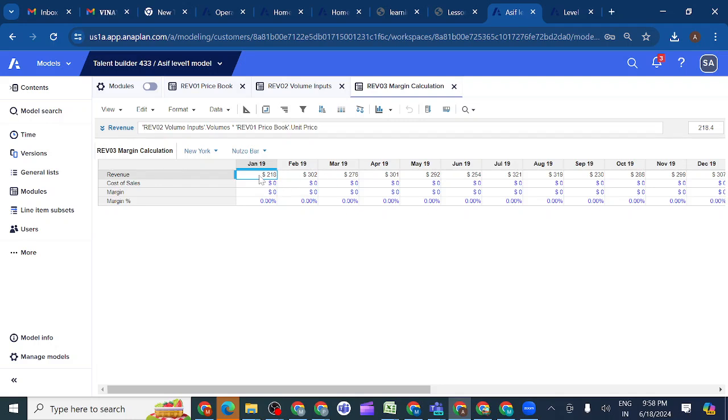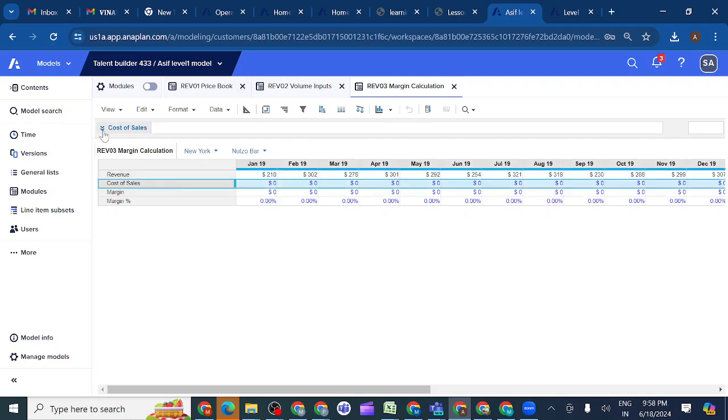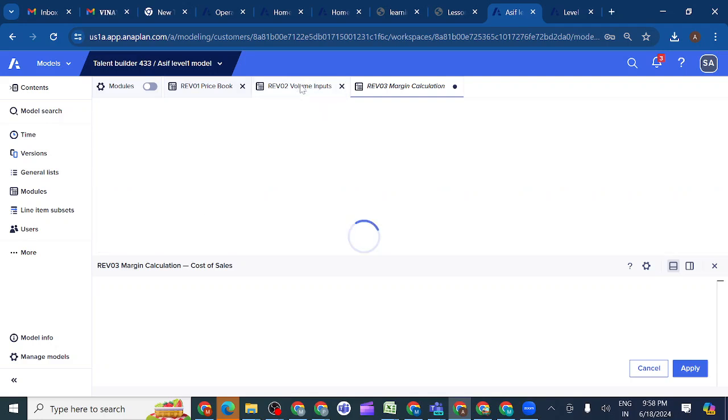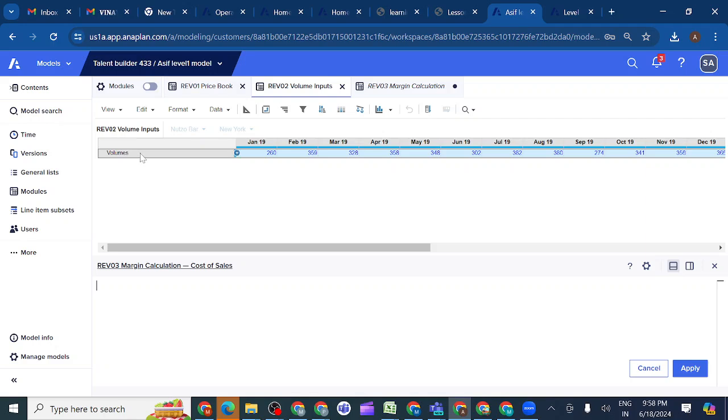Simply I will get the revenue, I can see it here. This is the way I will get the revenue. If I want the cost of sales, what should multiply with what? Again, volume into cost. Volume into cost, that's it. Same thing: volume, input module, volume, then click on